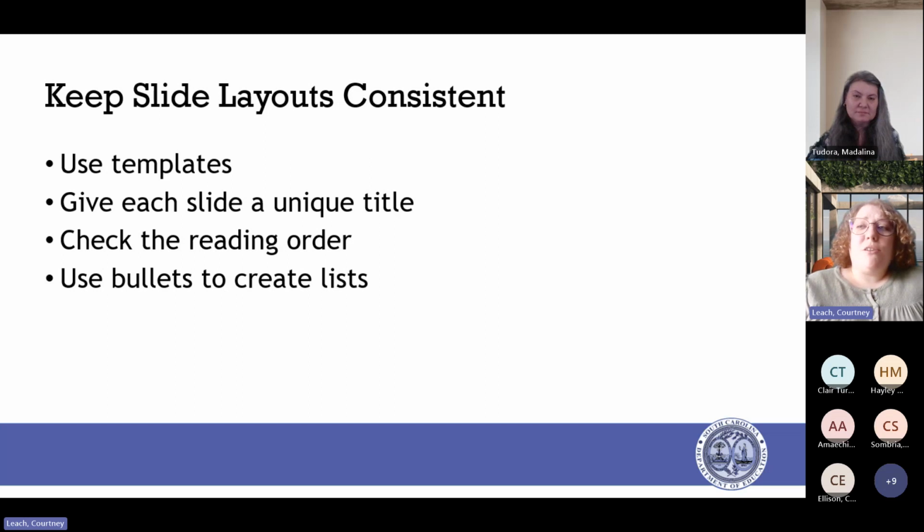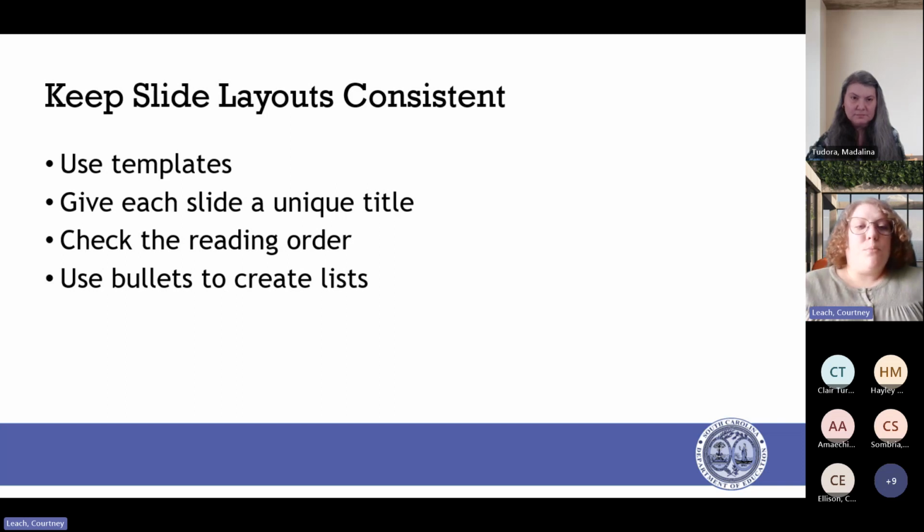So with your presentations, use templates. Instead of creating a blank slideshow and then adding background to it, use the pre-made templates on each slide. Those usually have a slide title and content boxes.